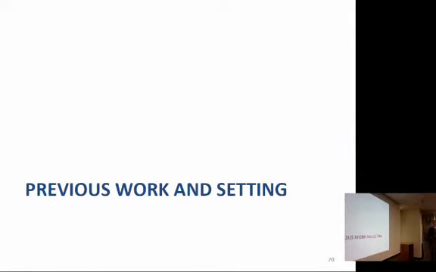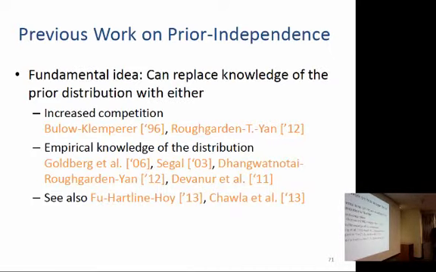Okay, great. So I want to quickly go over previous work and show you the setting that the results are going to be in. Previous work on prior independence has gone in two main directions, or that's at least one way to look at it. When you think about it, how are you going to get a mechanism that doesn't use information to perform almost as well as something that does use information? And the answer is that you get the market to do more for you.